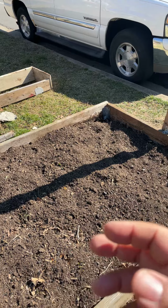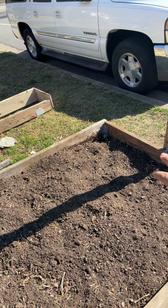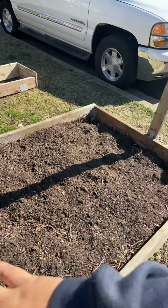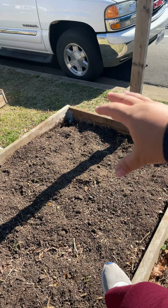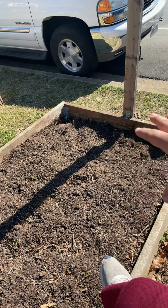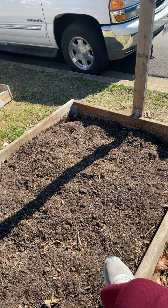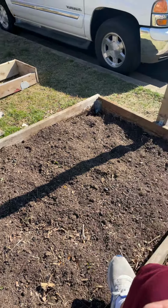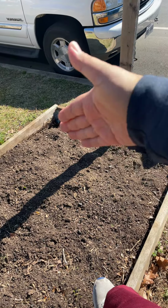And so what I want to do, if I have smaller crops, you want to keep those to the front, because the tomato grows taller, and you're not going to be taking away from the smaller crops there. So that's how I kind of want to do it. I'm really playing with it. Year after year, I play with it to see what works best, because sometimes I'll put tomatoes here,